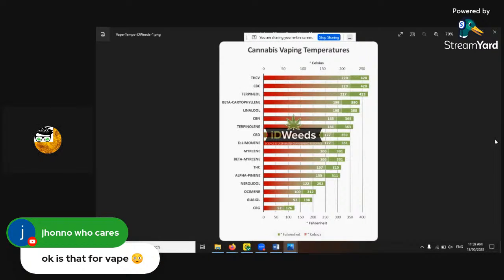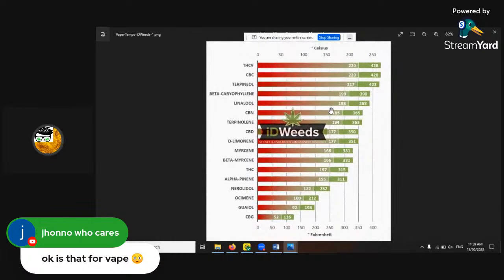It's sad. Cannabis vaping temperatures. A vapor person would have written this, that's why it says it. But these are the temperatures that just unlock it. So it's not just to do with vaping. This is just the temperatures which unlock it. So see, look how low. CBG down here, 52. I said it was 60 before. And OCMene is 60. It's not that high. So they're 2 of your lowest ones that are volatile at that temperature.